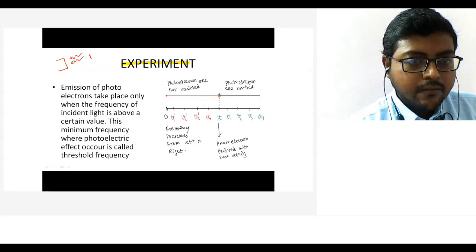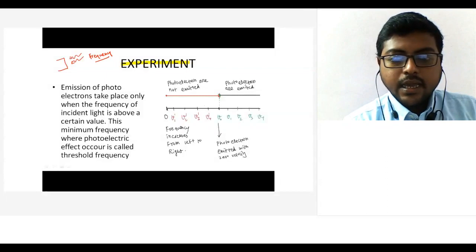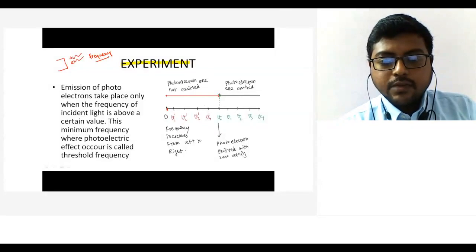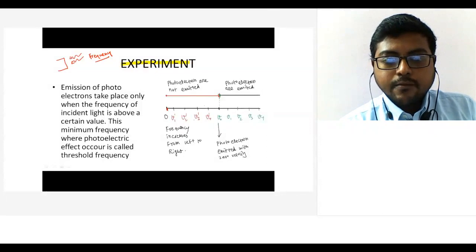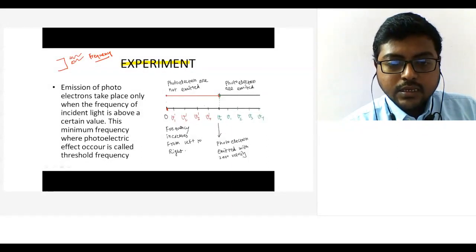When we vary it and take a graph, we can see clearly that the frequency is varied from 0 to a certain point, nu naught. So when the frequency is less than nu naught, then